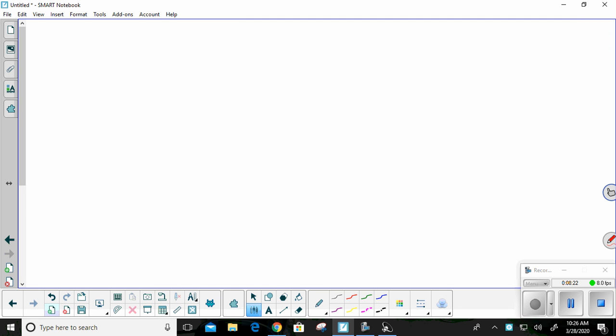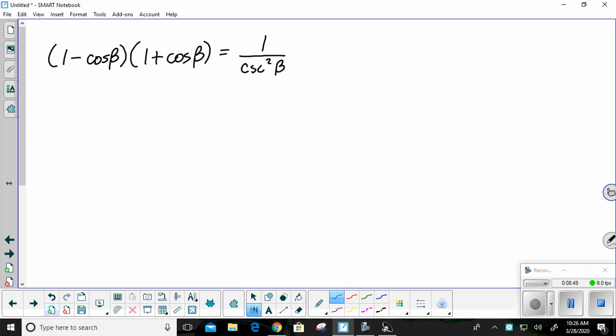Okay, so first of all, 1 minus cosine beta times 1 plus cosine beta equals 1 over cosecant squared beta. Now, once again, just like in the last one, I'm not worried about the right-hand side right